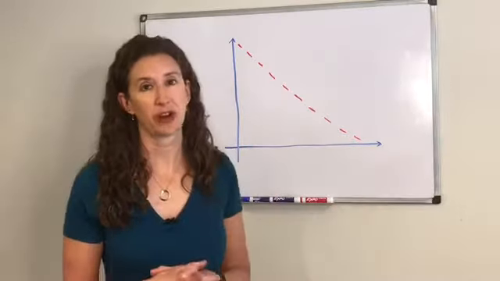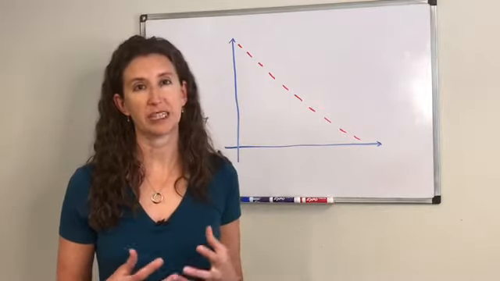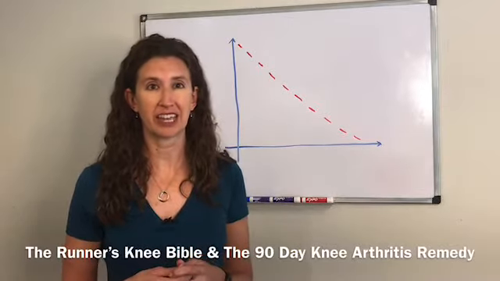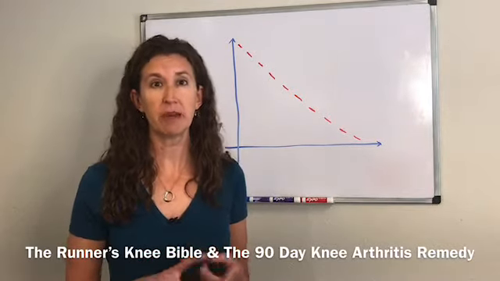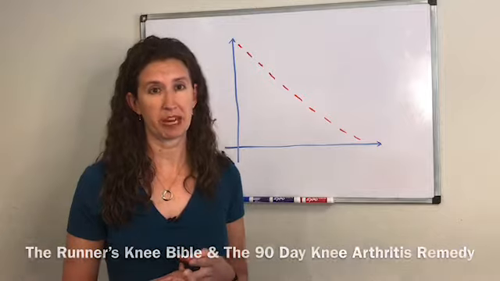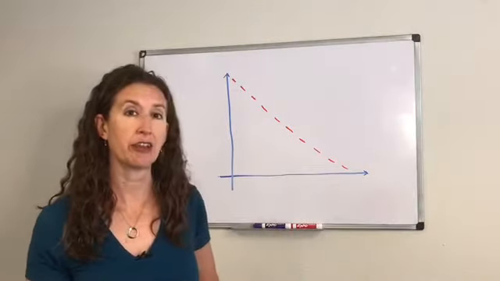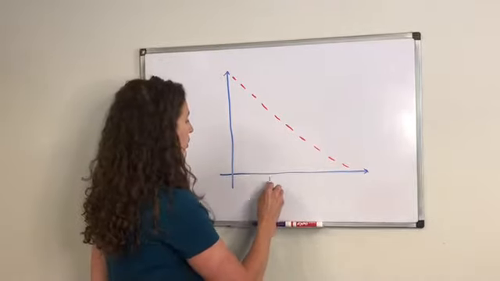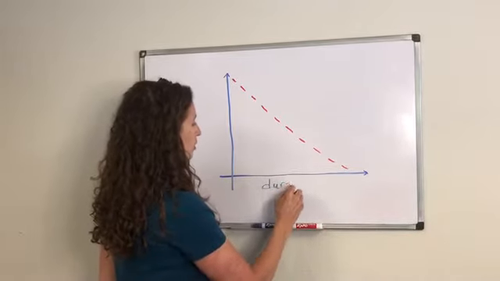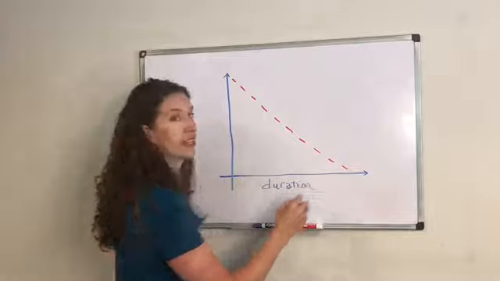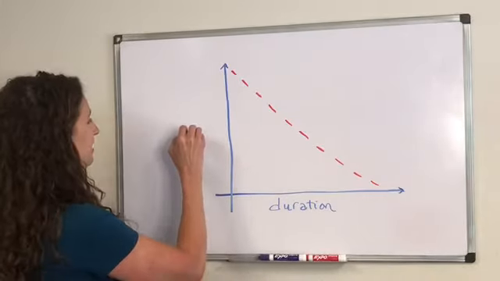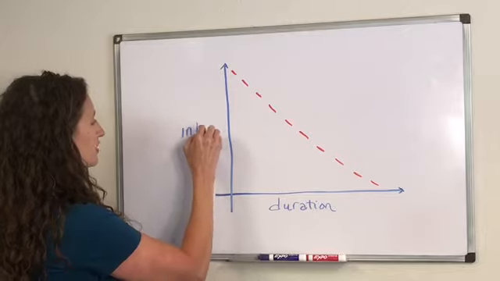Utilizing my colleague's graph helps provide some insights about what the pain indicates. This graph is found within Dr. Doug Kelsey's books, The Runner's Knee Bible and the 90-Day Knee Arthritis Remedy. The horizontal line on the graph represents the duration of the activity or exercise, how long you're doing it. The vertical line represents the intensity of the exercise or activity,